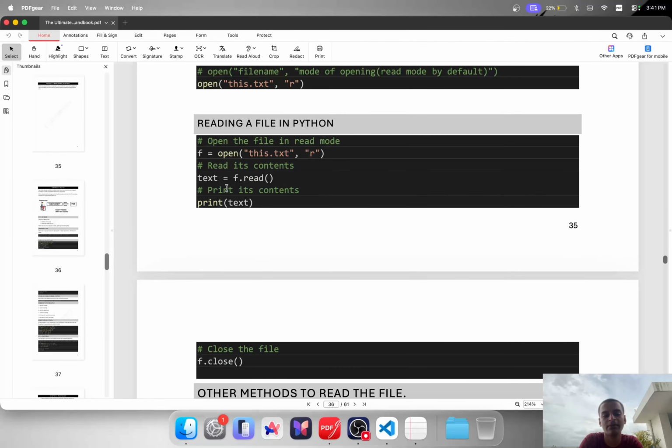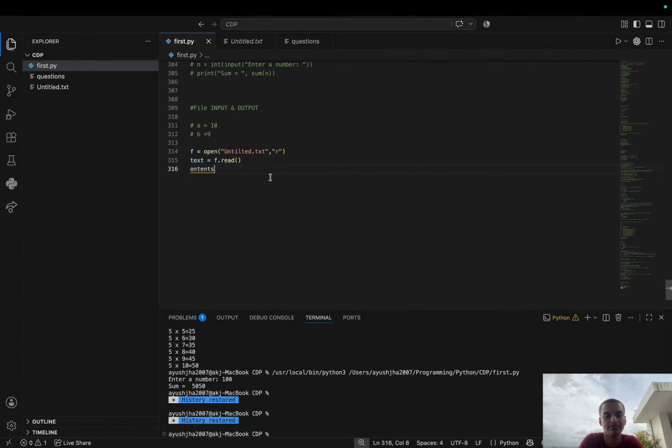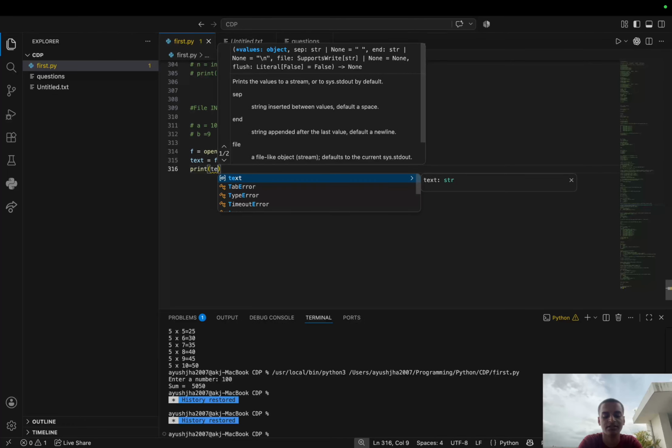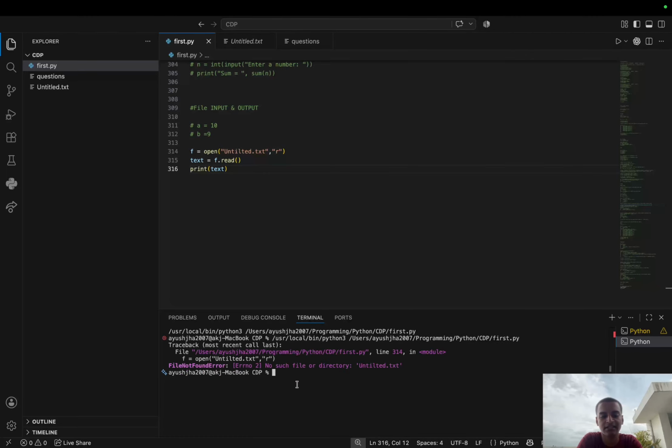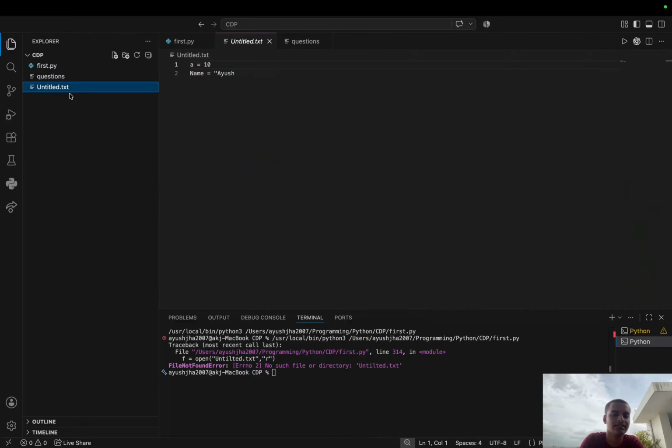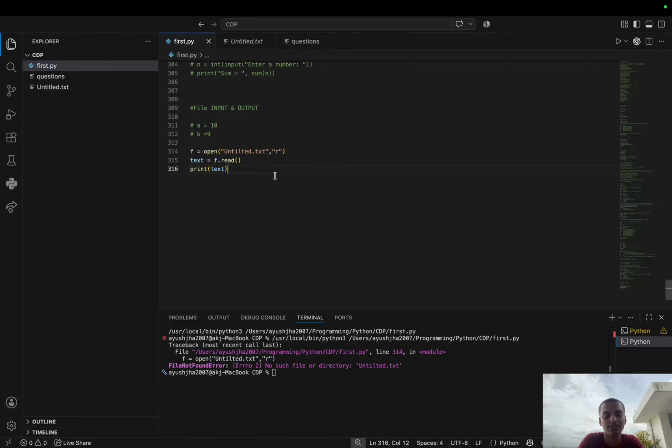अब इस पे क्या कर सकते हो आप, अब आपका रीड तो आपने कर लिया, अब इसमें जो भी लिखा आप इसको प्रिंट करवाना चाहते हो तो ये print(text) हो जाएगा, ठीक है। तो ये आपका प्रिंट करेगा, लेट्स सी, नहीं नहीं कुछ एरर है, I know that। ये आएगा क्योंकि हमारा जो ये है ना, ये सही तरह से अभी ऑर्गेनाइज है नहीं। तो जनरली जब भी हम इनपुट या आउटपुट लेते हैं, then that should be completely, the path should be correct। जैसे मैं आपको बताता हूँ, एक सेकेंड।